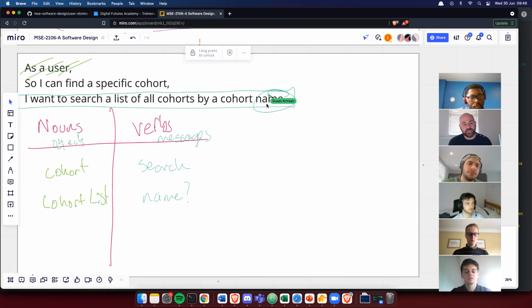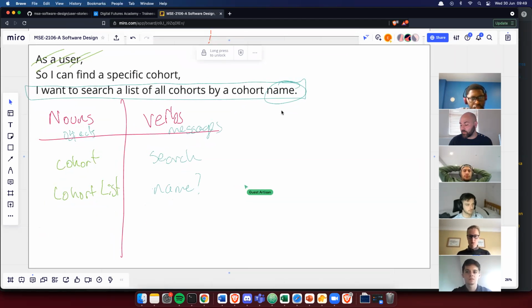So just by simple disambiguation, a simple clarification of some of the things inside the sentence, we can get a sense maybe of some of the parts that we have to play around with and a way to represent some of this information. We have a cohort, we have a cohort list, so maybe we can go a little bit further and say I want to search a list of cohorts by a cohort name. So maybe what I would like to do is say, okay, my cohort list is going to have this search method. I want to search the cohort list, and